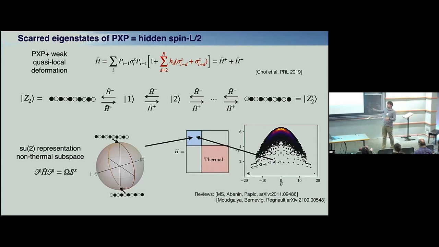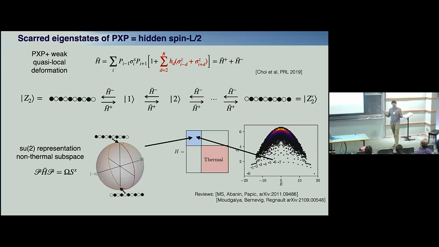But if I start with some other initial state, I am not in this block of my Hilbert space. I am in some other block. How thermal it is is actually an open question, but it looks way more thermal than this one. And these states are specifically the eigenstates of my big spin. So that's, again, one explanation.